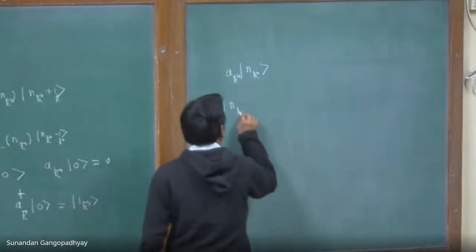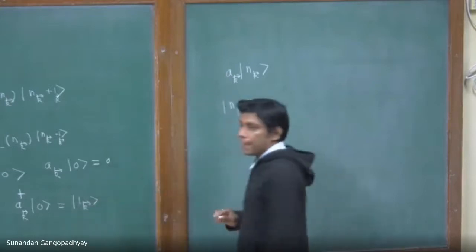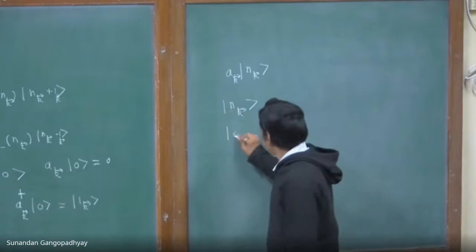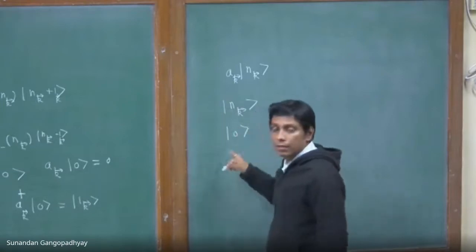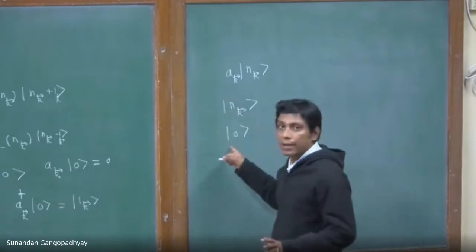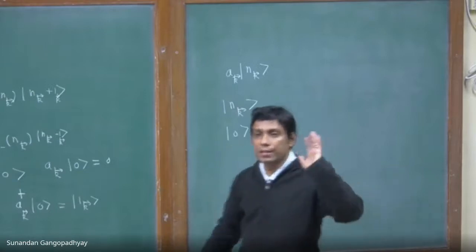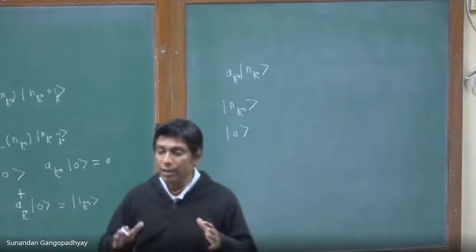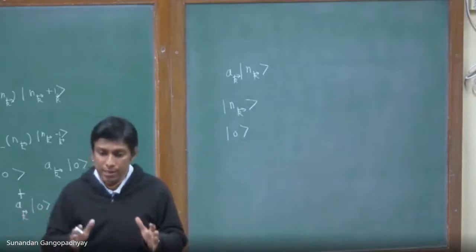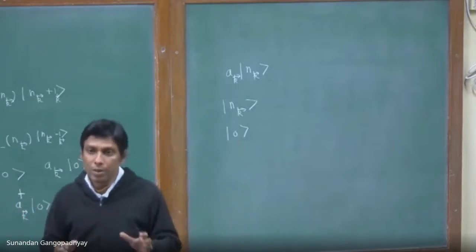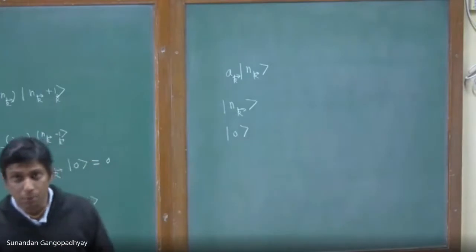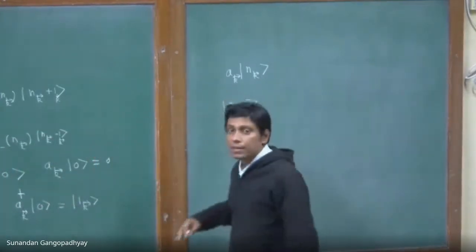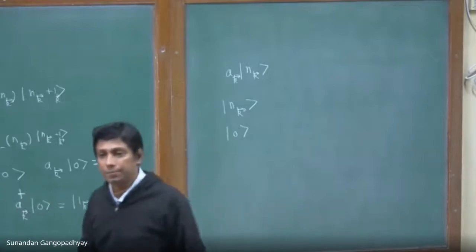So if you have something like this, |n_k>, this is a state in the Hilbert space. This is the vacuum state. The annihilation operator annihilates the vacuum, and you can have several states in the Hilbert space, infinitely many states. So these are all number representation states. The states which tell you how many particles there are in a particular momentum. And therefore, all these states form a Hilbert space.